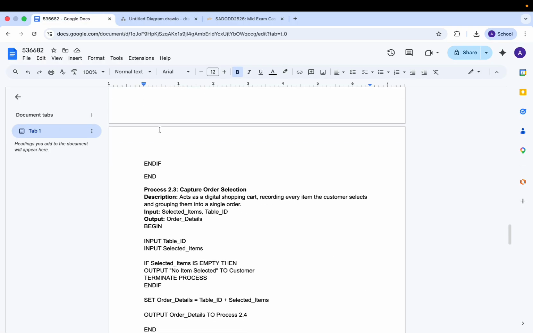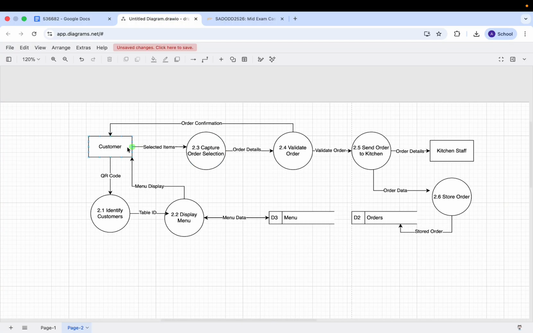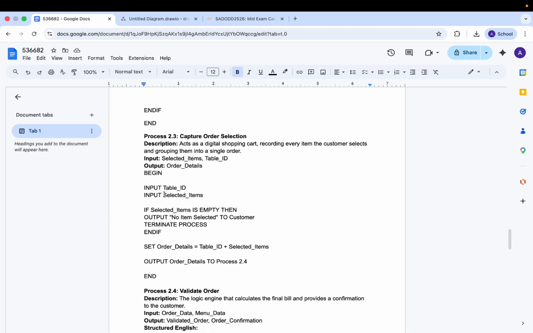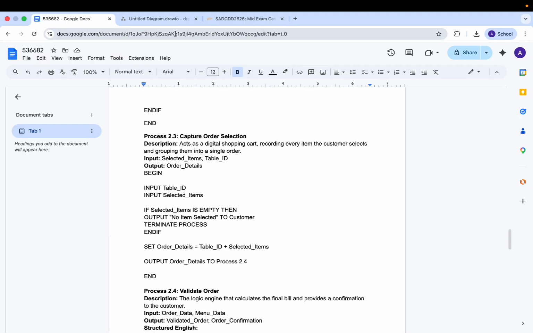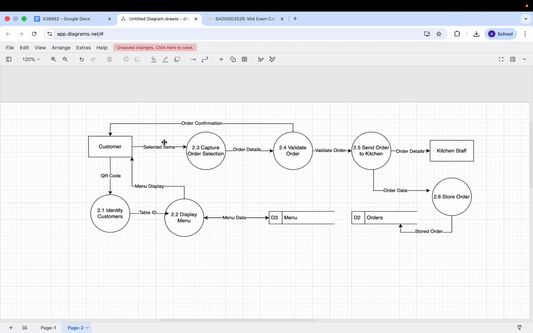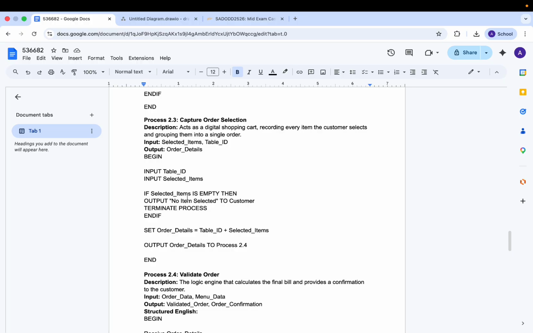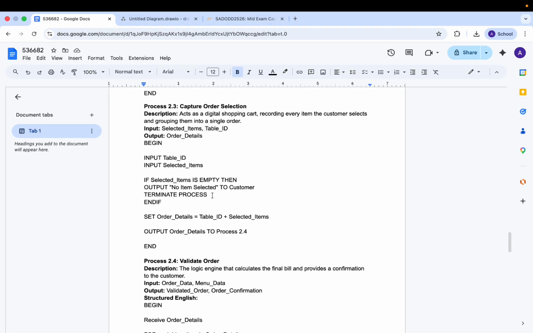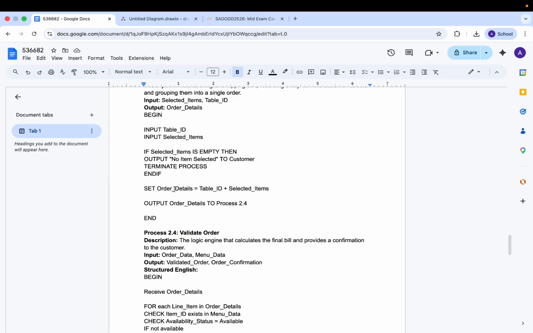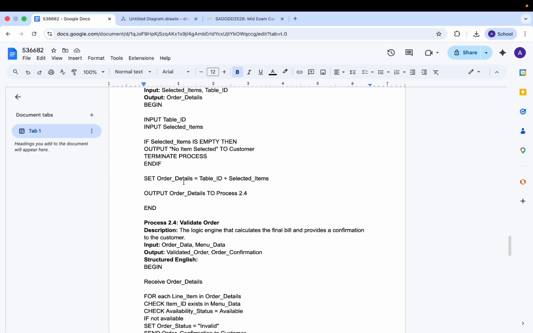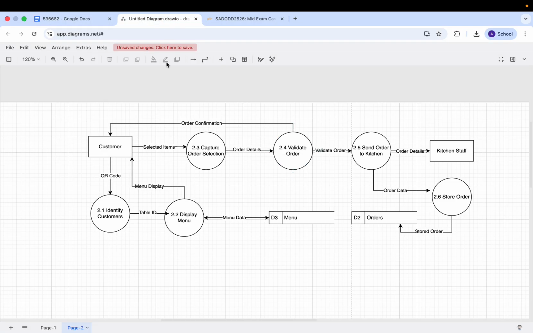And then next is the capture order selection, and it's basically the customer ordering what they want. And then first they take the input from the QR code, the input from the table ID, and it also inputs the selected items. And then if it's empty, then it basically cancels. If there's nothing in the cart, it cancels. And then it sets the order detail,